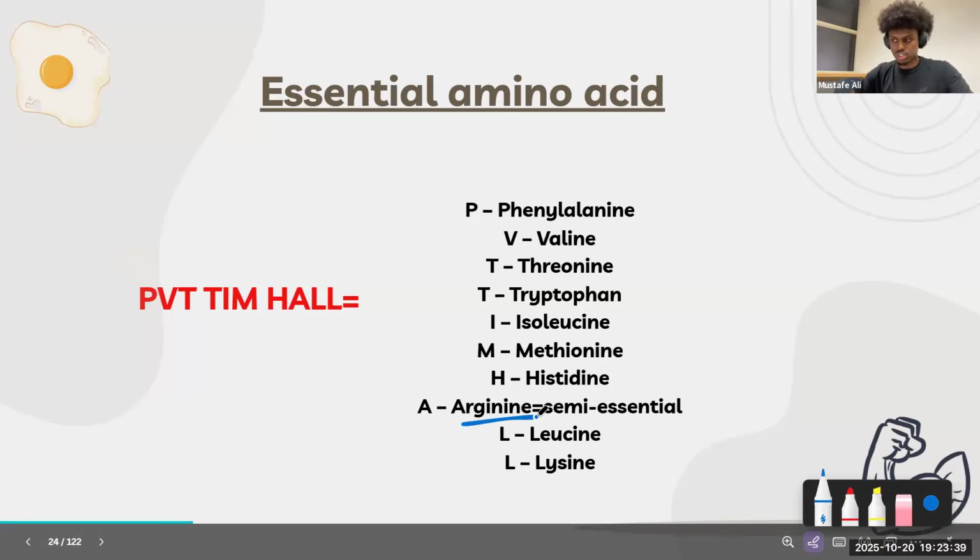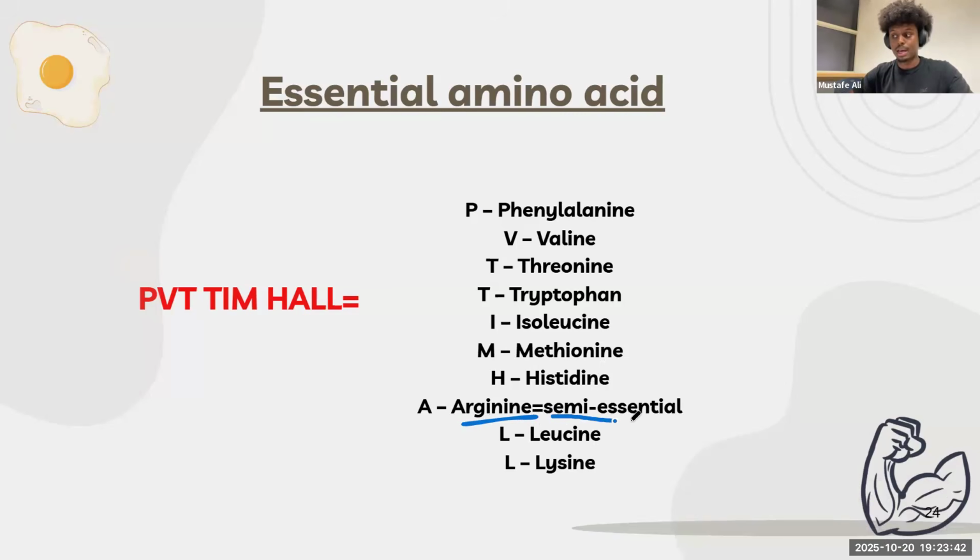So they could ask a silly question, which of the following is a semi-essential amino acid? It would be arginine. The reason why it's semi-essential is because it can be produced in some people whilst not in others. It's like an age thing. All you guys need to know is that arginine is semi-essential. I don't think they'll ask a question on which of the following amino acids is an essential amino acid. If they do, just remember this acronym just in case, and whatever amino acid comes to mind first related to the letter, just remember that. So I don't think they'll ask you a question on it.